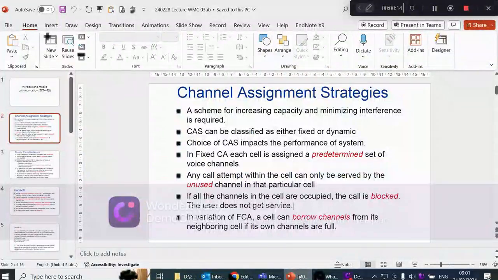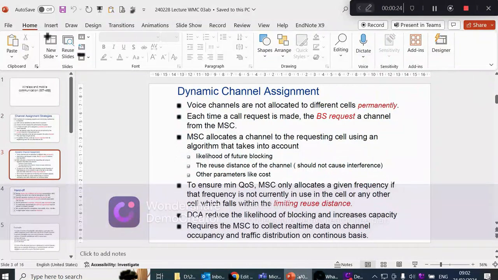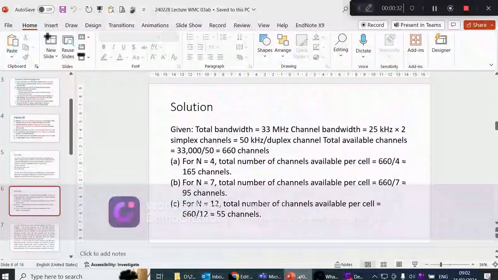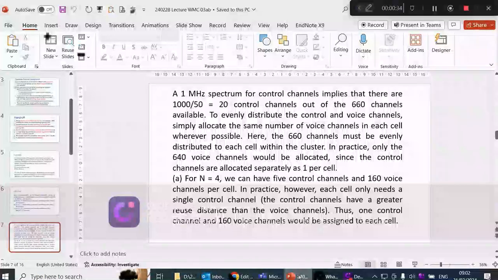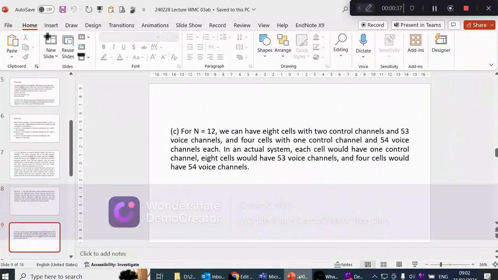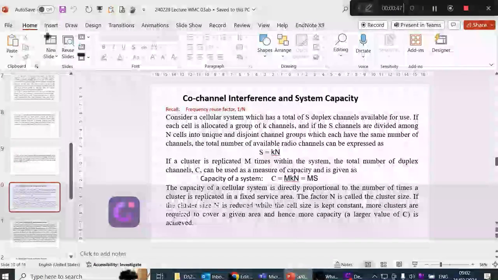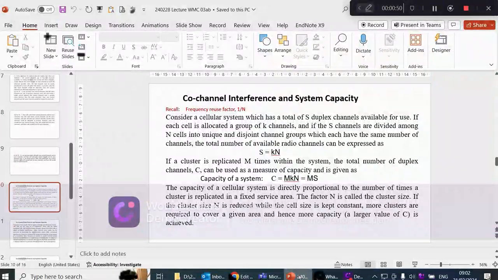In this class, we'll be discussing lecture slides number 3AB, and in this lecture we are discussing from slide number 10, the co-channel interference in system capacity. So before starting from slide number 10,